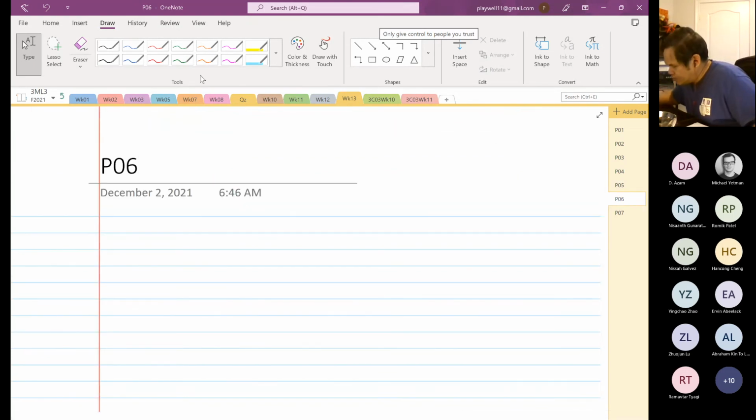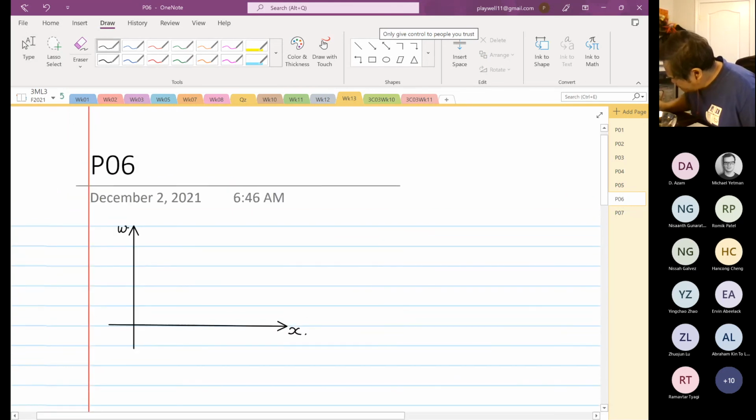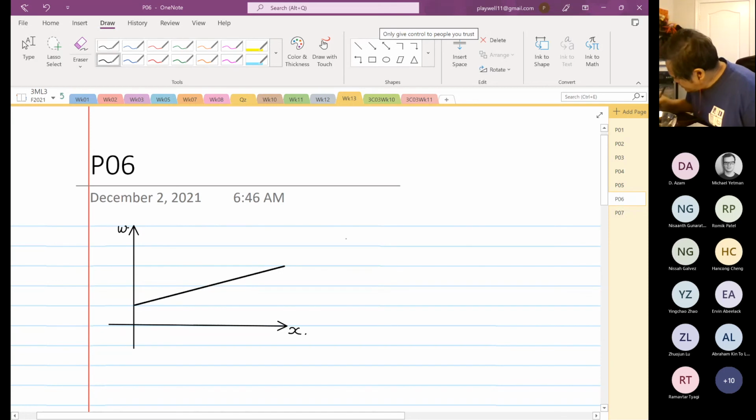So now the graph that I'm going to draw, okay. So this is x, this is omega. Okay, so one side is 6,000, the other side is 18,000. Okay, so this is at 6,000, 18,000, and the distance from